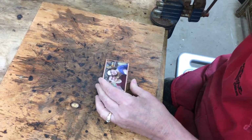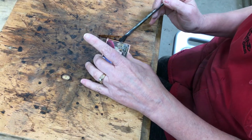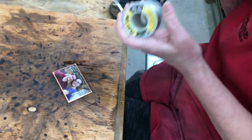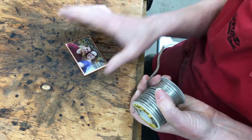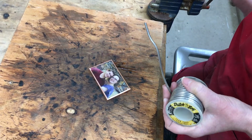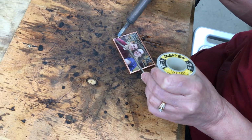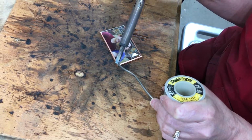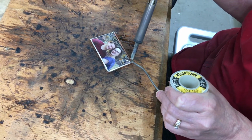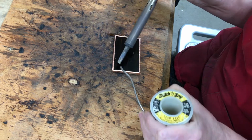So first of all, I'm going to put some flux on it, but I don't want that flux to get underneath, so I'm just going to be really careful. Now I'm using a lead-free solder because if they, by some chance, want to wear it as jewelry of some kind, we want to make sure that it's lead-free in case it has to touch their skin. All right, so now I'm going to go around it first. Okay, so after I've tinned it on both sides,